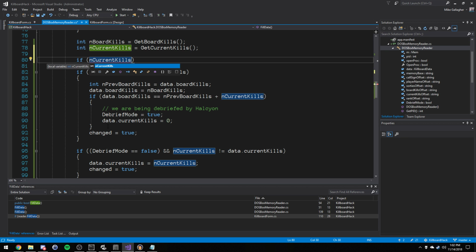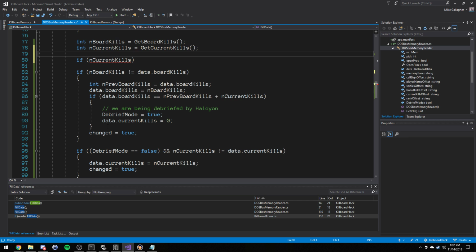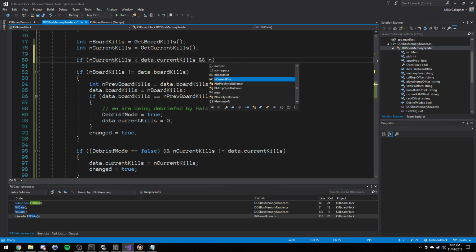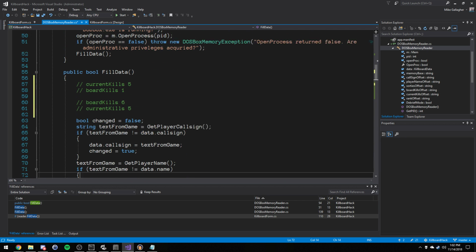Easiest way to do that is the same thing. We just need to track the previous value. Oh, we actually have the previous value in data. If current kills is equal to... oh, you know what? We can just say if it's less than data.current kills and current kills equals 0. And we always know it's going to be equal to 0 when we reset, so that's a good condition to have. And then we also just want to make sure this went from, so like say in this previous example,